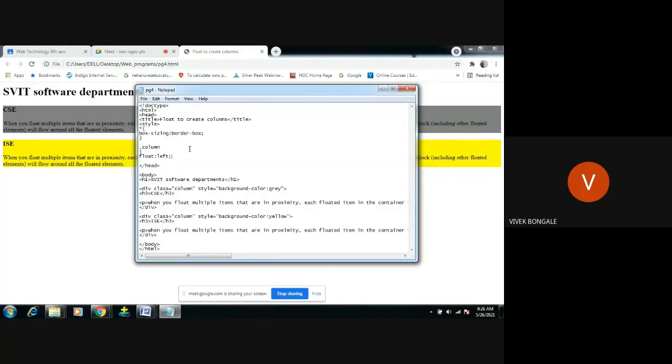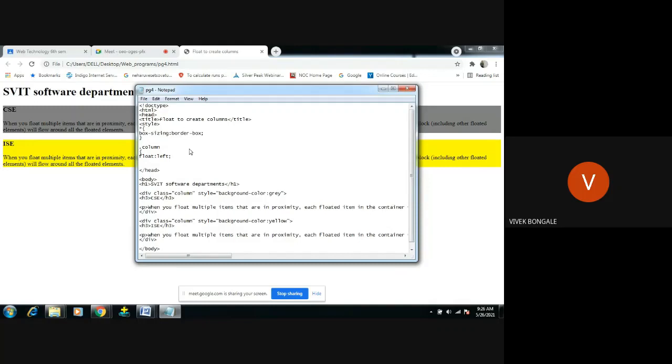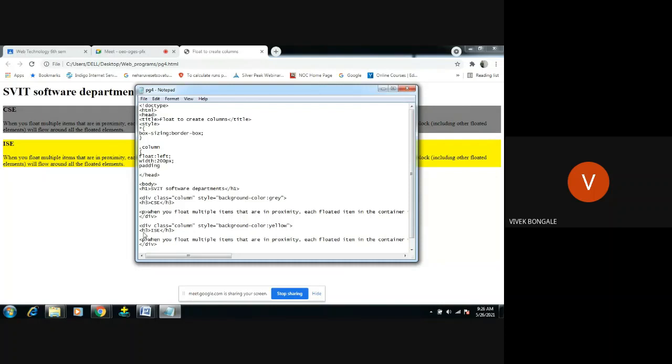So I'm giving float left, and I want to give the width, some 200 pixels. Width means the size, the size for CSC and the size for ISC. A 200 width will be there for CSC, and 200 width for ISC. Then padding, you know, right?